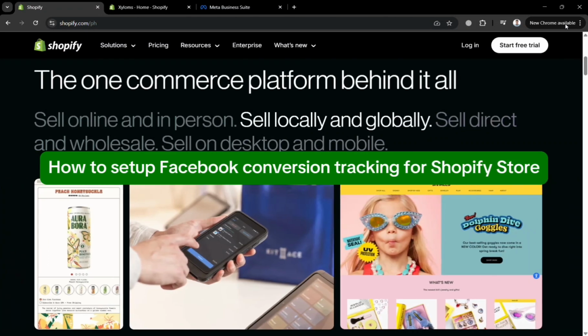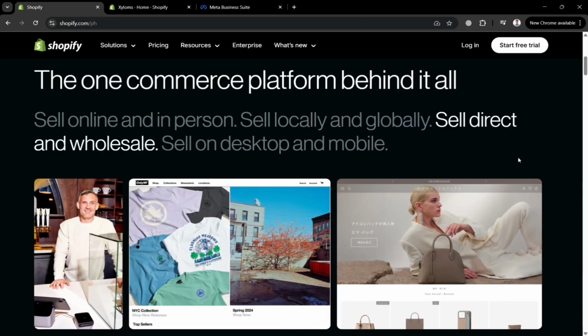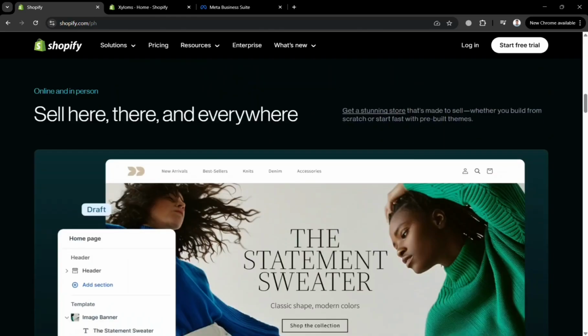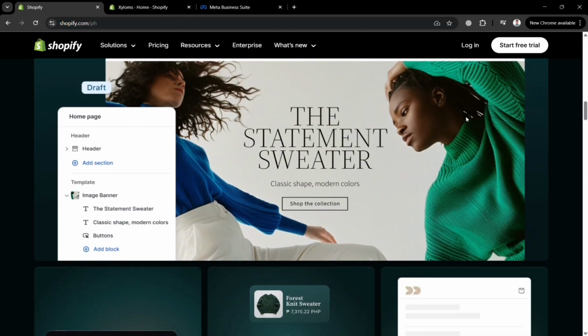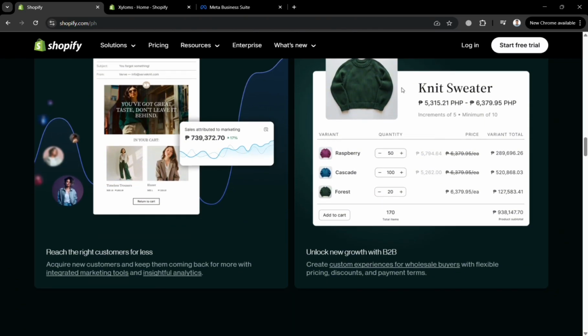How to set up Facebook conversion tracking for Shopify store. But before that, if you don't know what Shopify is, it is a leading e-commerce platform that enables individuals and businesses to create, customize, and manage their own online stores. Shopify provides a user-friendly interface and a wide range of tools that help merchants easily sell products both online and in person. It also offers customizable templates, secure payment processing, inventory management, and marketing solutions all integrated